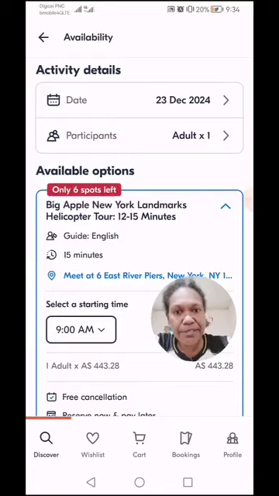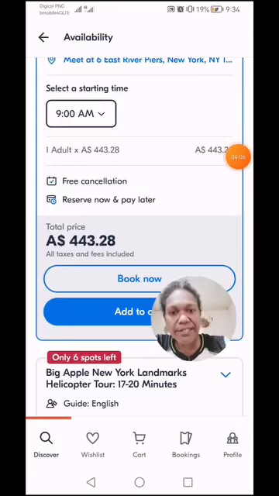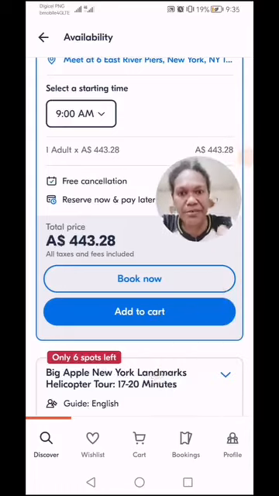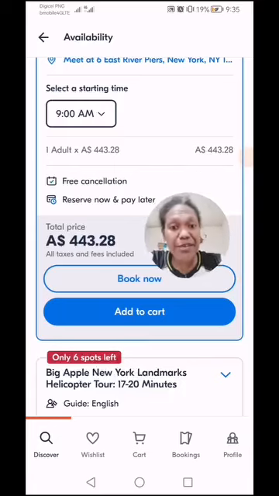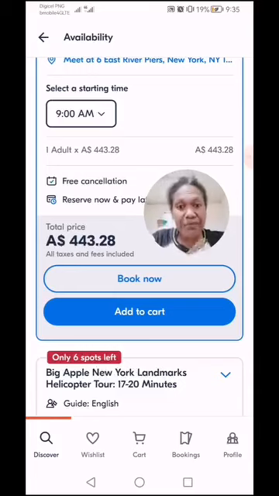you can book. So this is on the 23rd. That's on the 2nd day. Once you have confirmed that you're able to get this, you simply add to cart, or if you're ready to book now, you can simply click on book now, and it will take you to the payment page where you enter your Visa debit card. You will need a Visa debit card to actually do the purchase online.